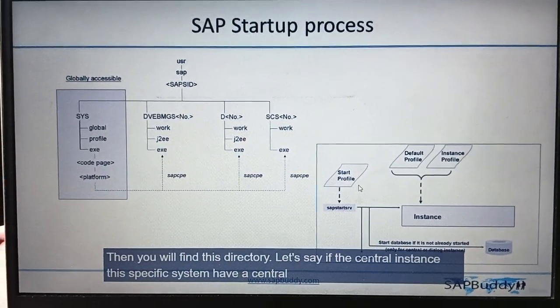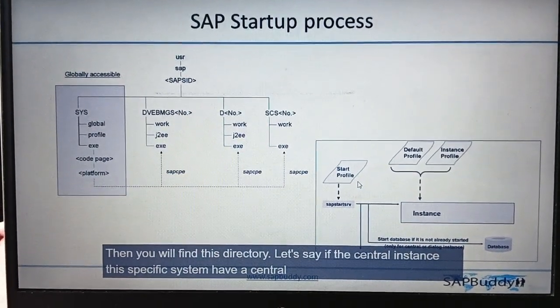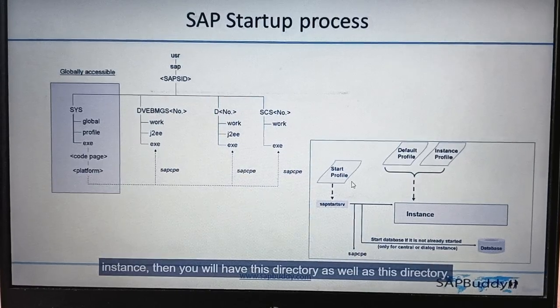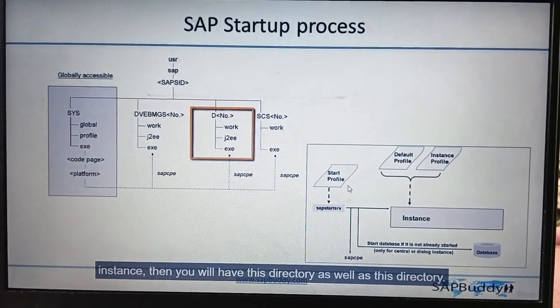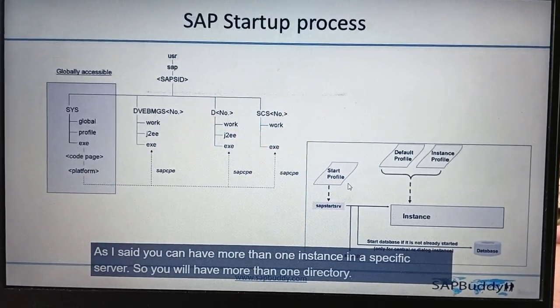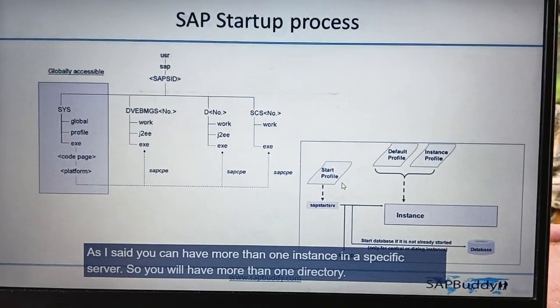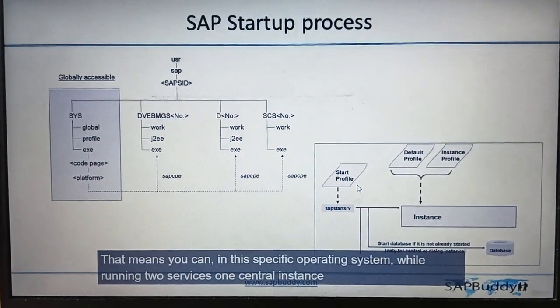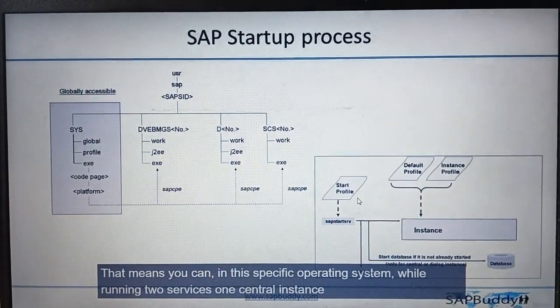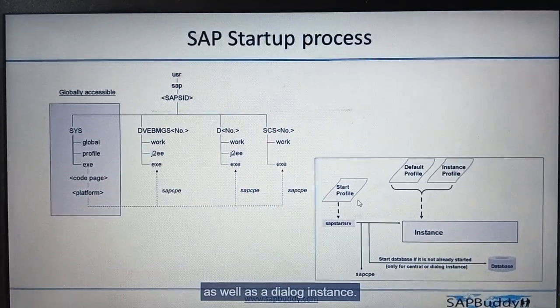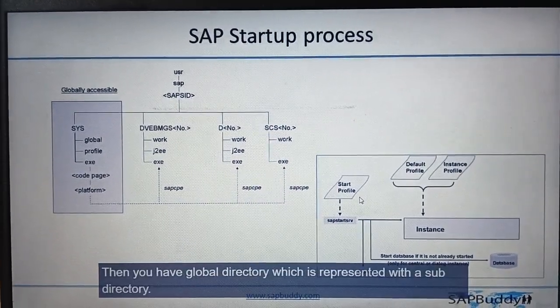Let's say this specific system has a central instance as well as a dialog instance, then you will have this directory as well as that directory. As I said, you can have more than one instance in a specific server, so you will have more than one directory. That means in the specific operating system, you can run two services, one central instance as well as a dialog instance. Then you have the global